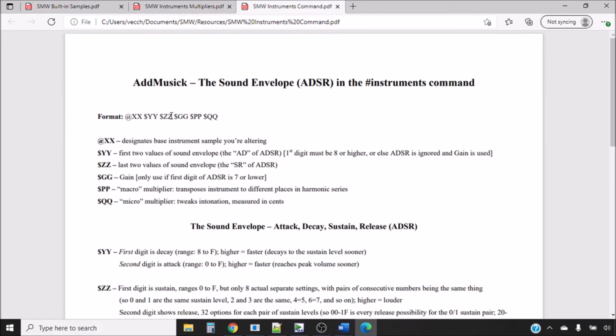With the first two-digit value being attack and decay. Again, decay comes first, attack is second. This second X value, this two-digit value, determines the sustain and the release. The first tells you the sustain